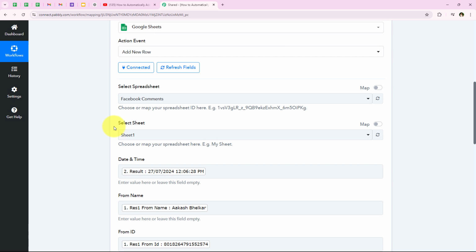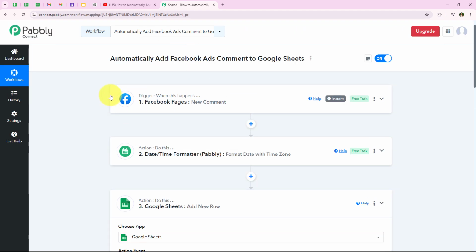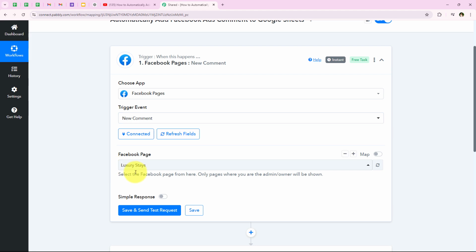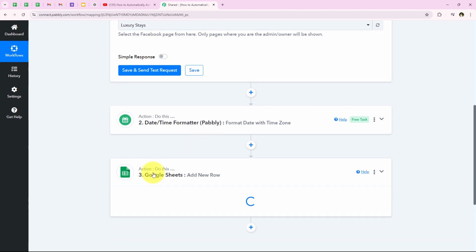As you know, mapping is a method by Pabbly, which means inserting the data from the previous step. As soon as we map the details, the fields automatically become dynamic and change with every new response received. Like this over here, you can see the form name is mapped. This was mapped from the previous response, which was the connection of the Facebook pages that we showed you in the tutorial. But now I've connected a new Facebook page, so I have to do the test submission of this Facebook page,